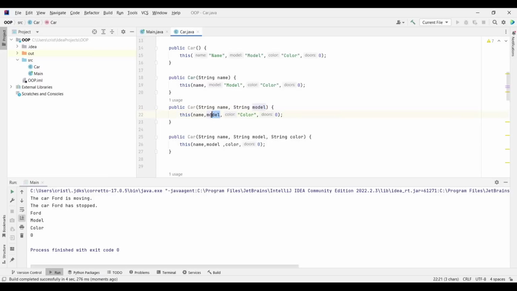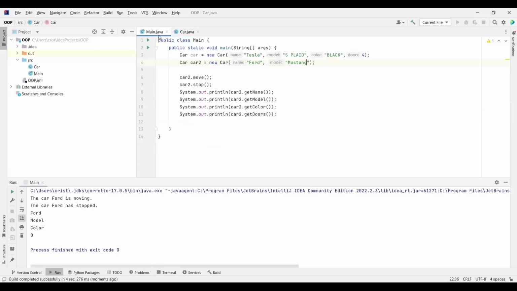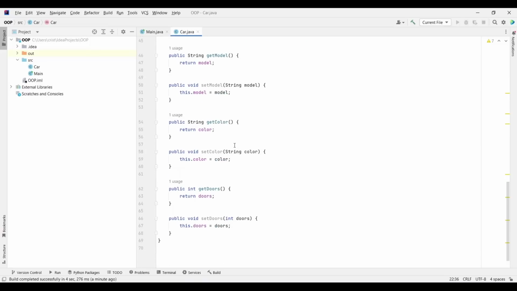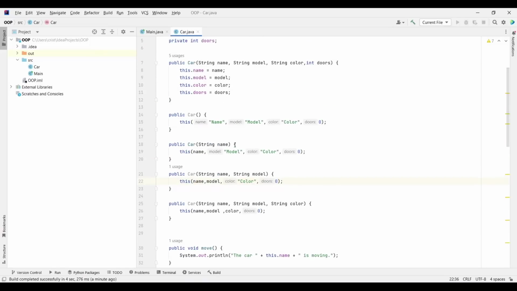It's gonna pass them to the primary constructor, the parent constructor if you want, and for the color and doors, it's gonna have those default values, and so on. You can provide name, model, and color, and for the doors, it's gonna be 0. So this is how you can use multiple constructors with your classes, and I will see you on the next video.